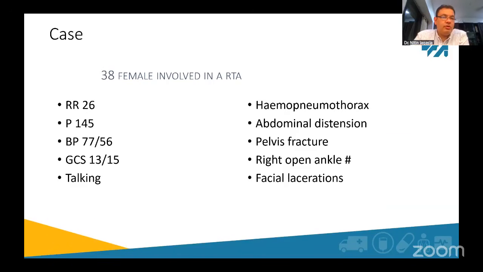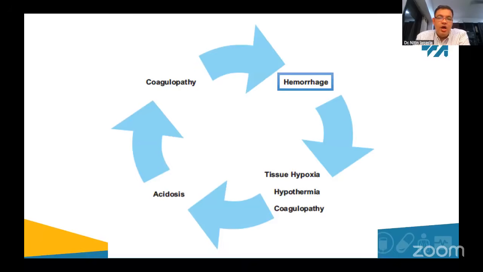Now, we've spoken quite a bit about ABC. I've not gone so much into D. Technically life-threatening, we're talking mainly hemorrhage. Let's talk a bit about decision making now. So we've gone back to the original case, 38-year-old female who's tachycardic, tachypneic, and has multiple injuries. Here is what we were talking about, the triad or the diamond, but it's actually a vicious cycle.